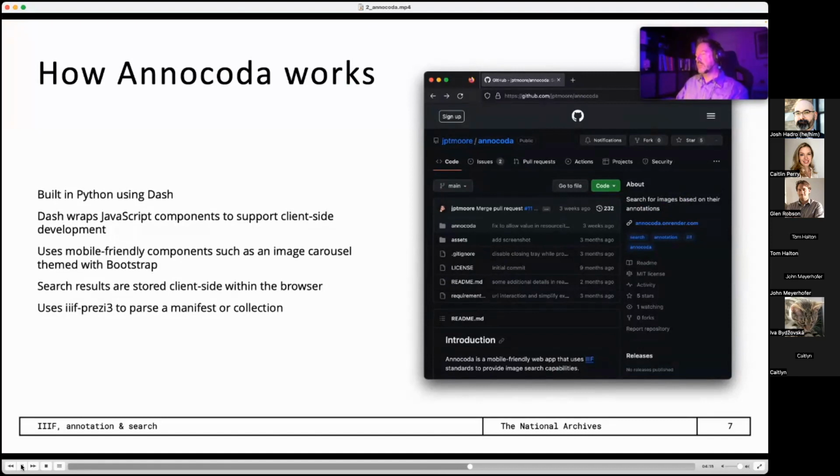The search results that come back are all stored within the client's web browser, so it's a light deployment on the server side. Most of the complexity comes from trying to parse IIIF manifests and collections, handling the fringe cases that come up. IIIF Prezi 3 is a great community product to help with that process, and Annocoda uses it,